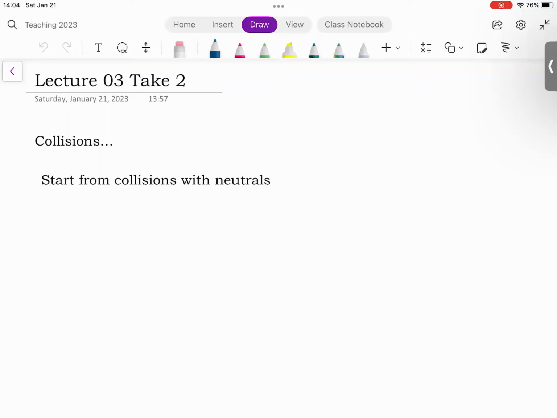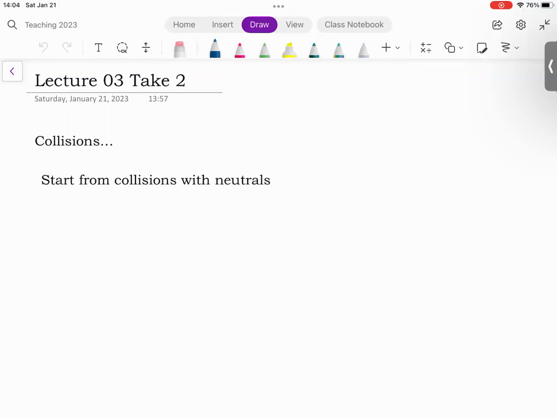It does happen that this may actually be quite important, and for that reason it is relevant to have some description of how collisions happen between the particles that constitute the plasma and the neutral particles that are around